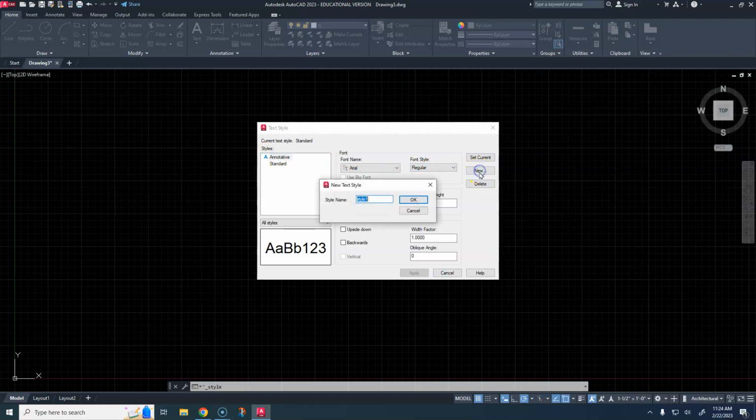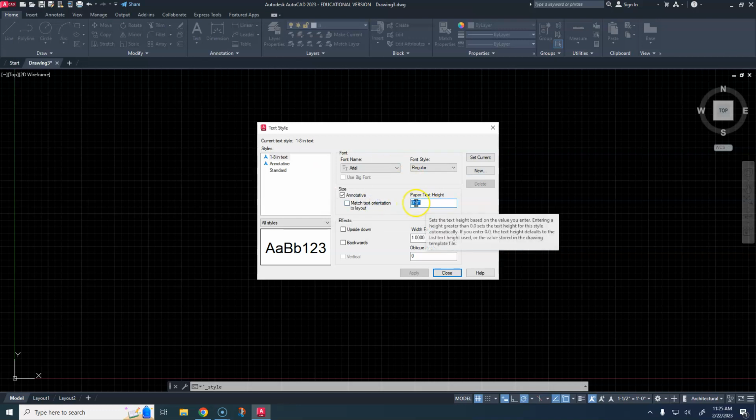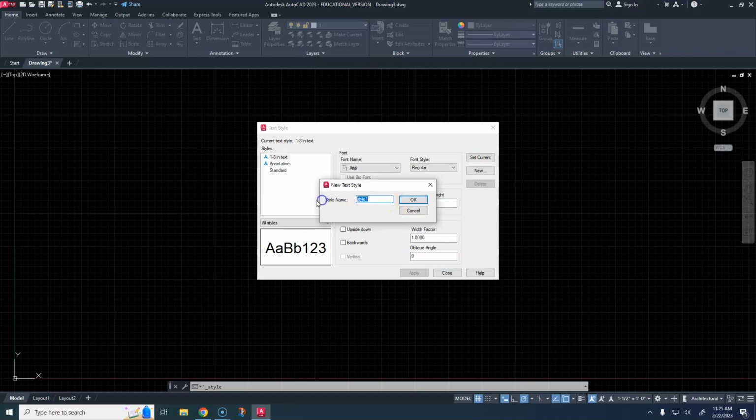So click on new, and I'm going to call this one 1-8 IN text. Click OK. And then right here where it says paper text height, type in 1/8 inches. Click apply. Okay, now that one's good. It's good to go. Now I'm going to click on 1/8 inch again and click new. And this one is going to be called